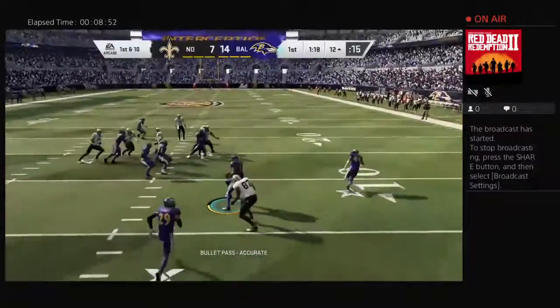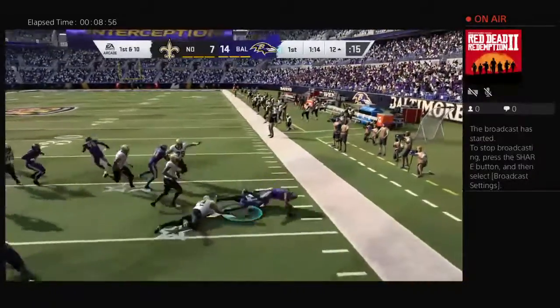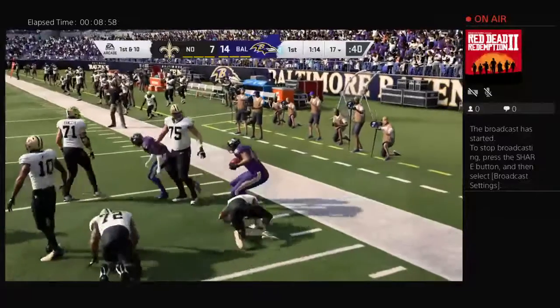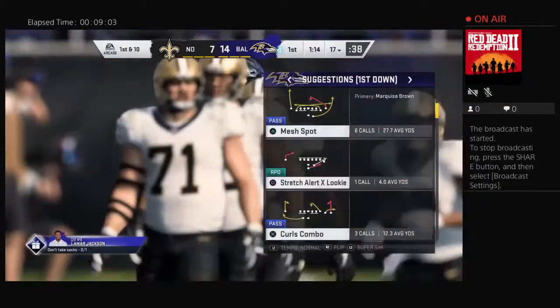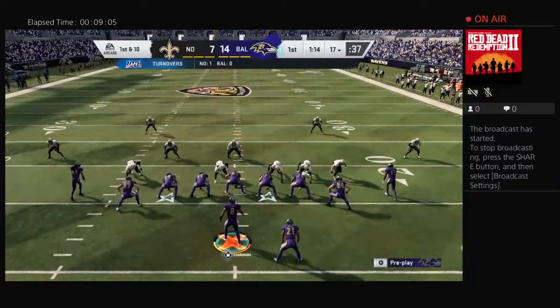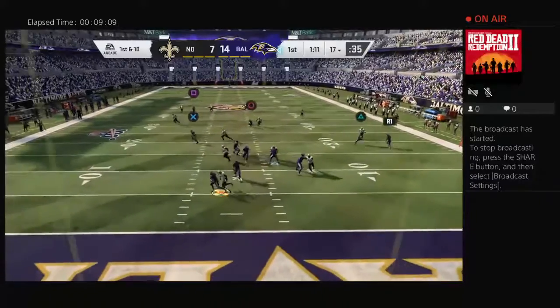He rifles one that's intercepted. Picked off inside the 10. And the return goes up to his own 17-yard line. Brandon, this is why golfers do their best to never count a score in their head before the ball goes in the cup. This looked like a slam dunk for points on the...